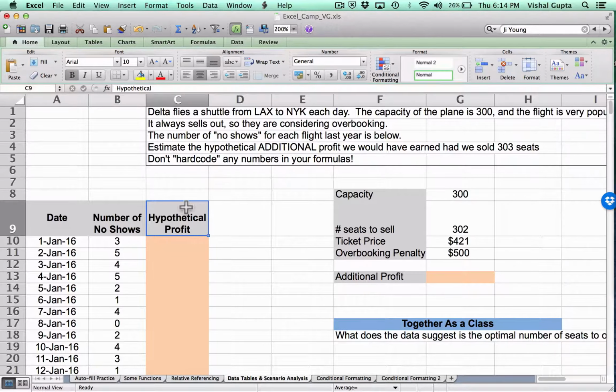As a reminder to motivate this example, I want to think about overbooking on an airplane. You learned a little bit about overbooking in Ops in 311, but we're going to take a little data-driven perspective on it now. So let's pretend that Delta flies a shuttle from LAX to New York each day. The capacity of the plane is 300, and it's a very popular flight, so it always sells out, and that's why they're considering overbooking. And what they did was they recorded historically for the last year, for 2016, each day,